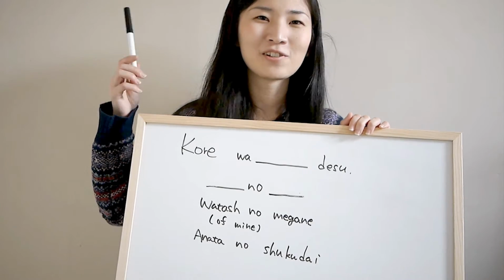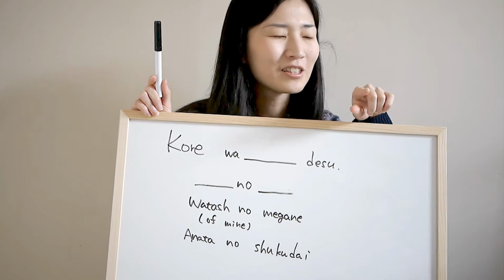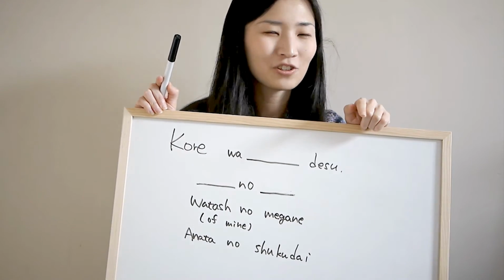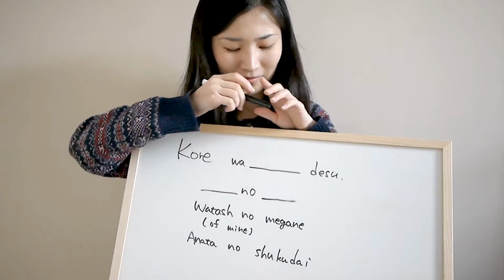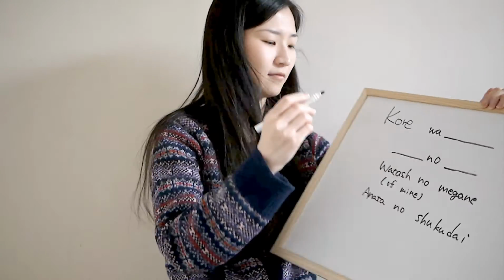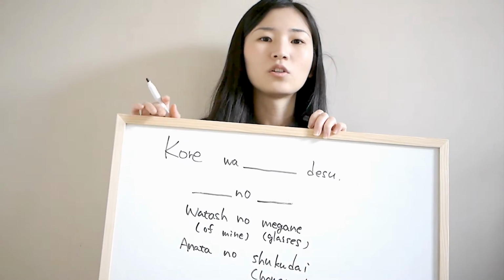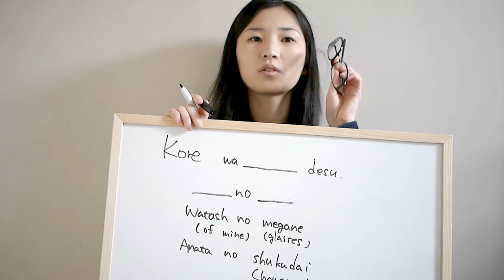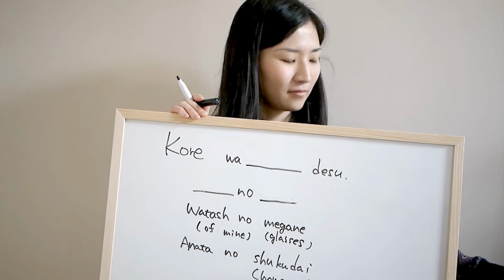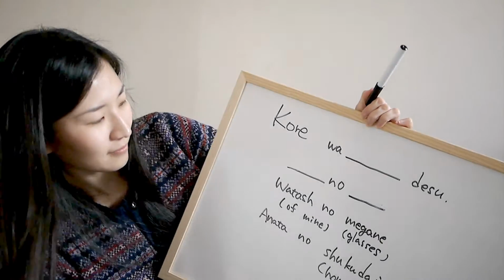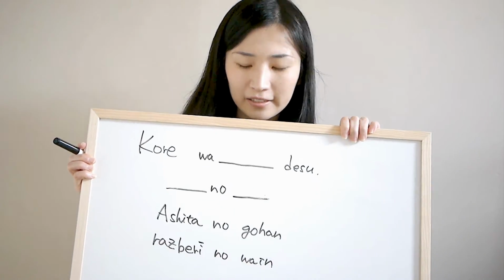Children ask parents to help with homework, and then you can say, no, this is your homework. これはあなたの宿題です。So you have to do it by yourself. これは私のメガネです。これはあなたの宿題です。